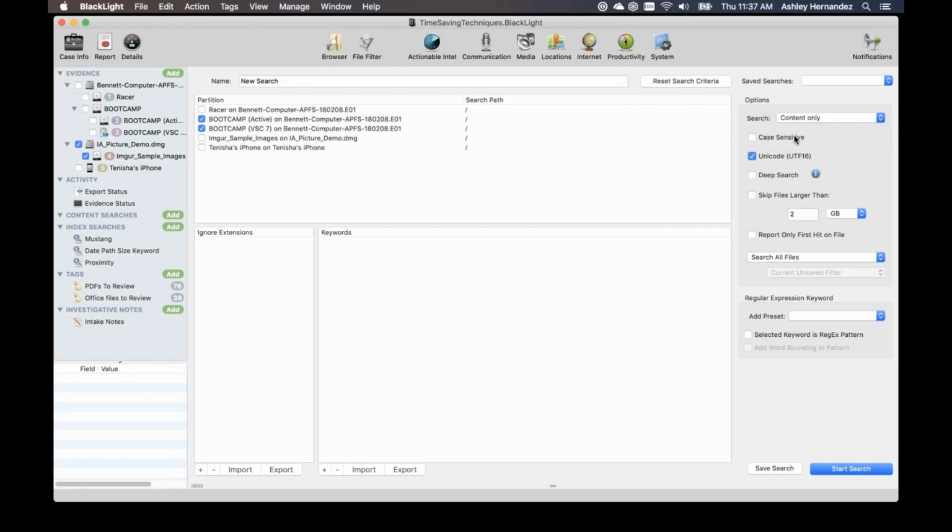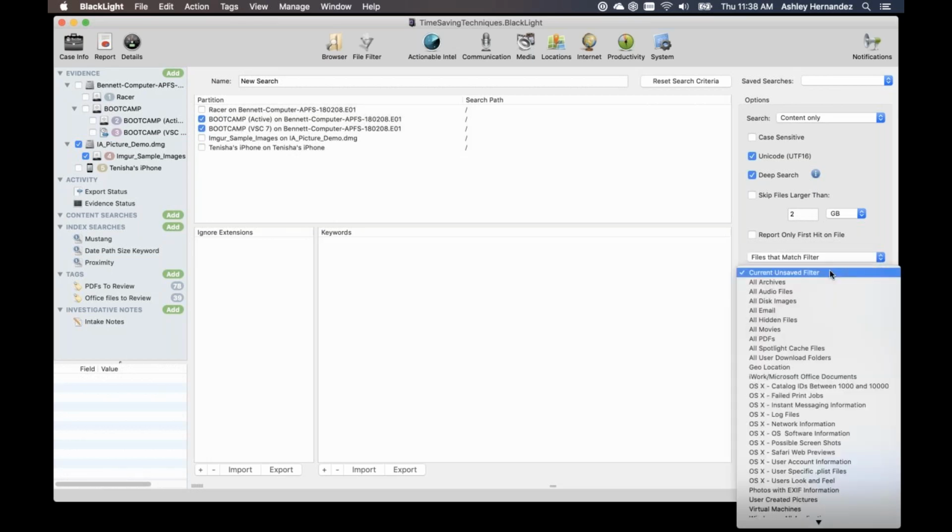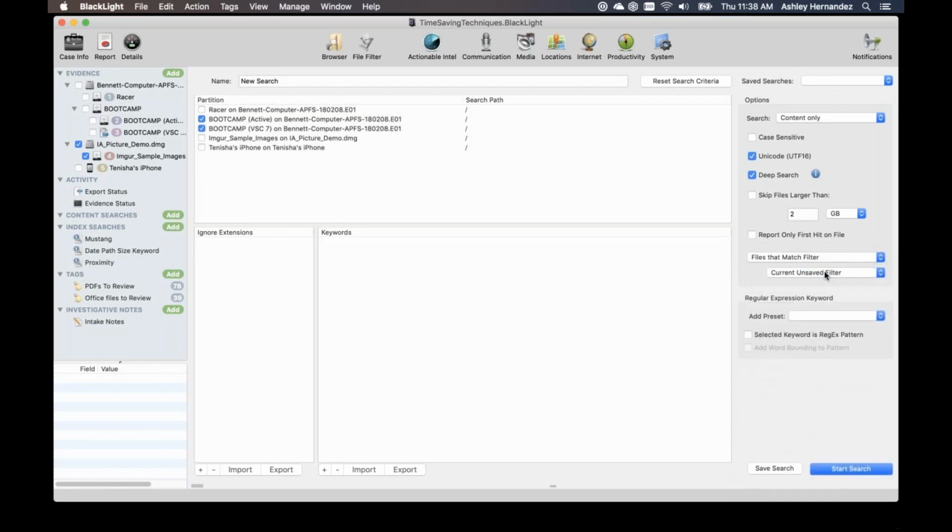I can choose things like case sensitivity. Deep search is helpful when you're looking at files like doc and docx. So doc files, the text is just on the drive, but docx, you have to look inside the container. And then another thing we could do is that date range search. Maybe we only want to search documents from 2017. We could use that one that I had just run, the date filter, and limit my keyword search to that area.